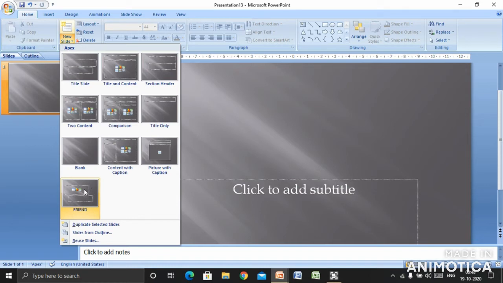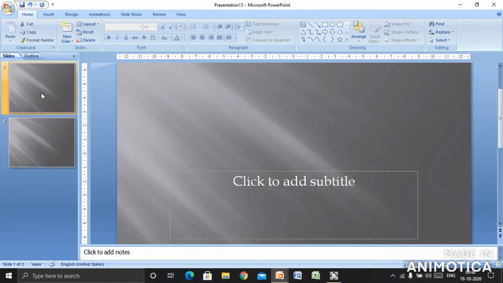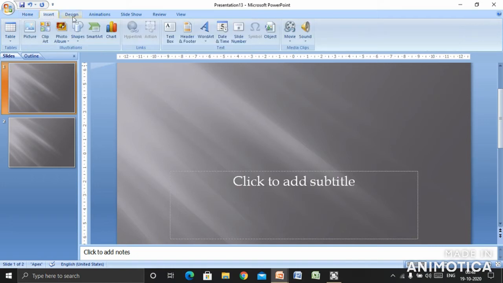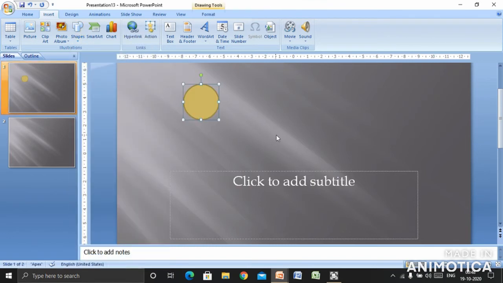Now from here you can select, suppose, the blank one. Now let me go to the first one. Suppose I insert a shape over here: go to the insert tab, click on the shapes button, and select this oval shape.